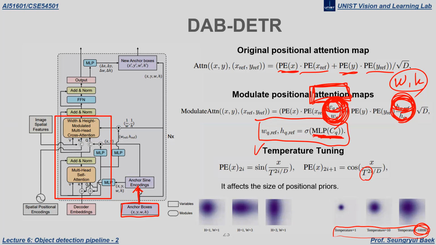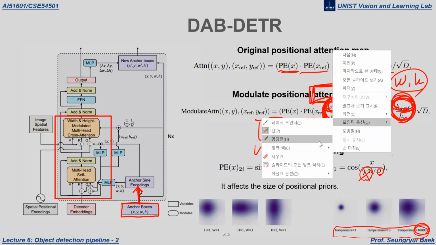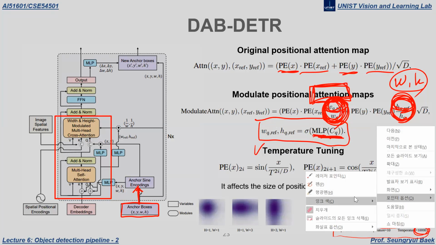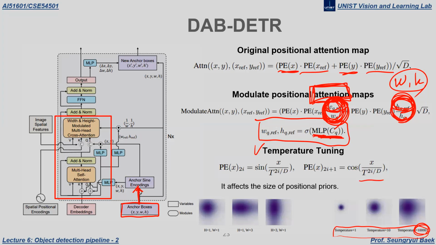This is temperature, maybe. Anyway, for the NLP task, these temperatures are set to 10,000, but the authors are pointing out that temperature